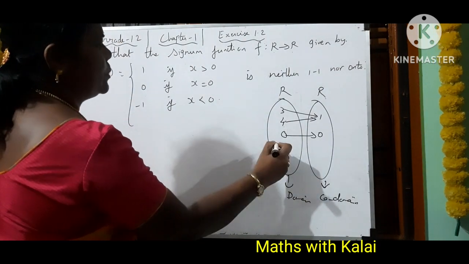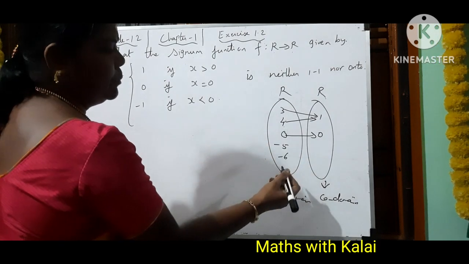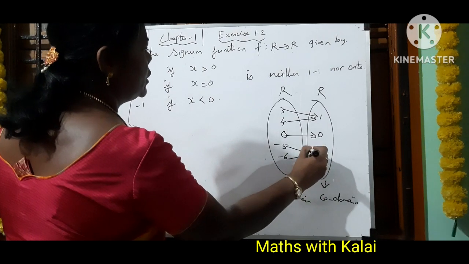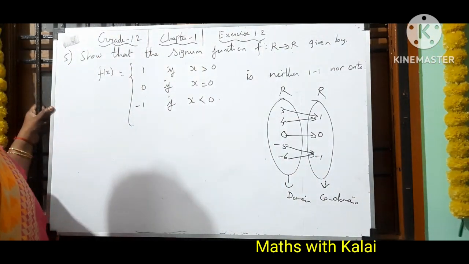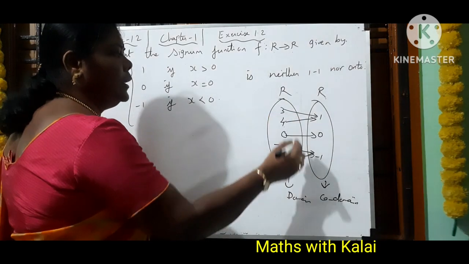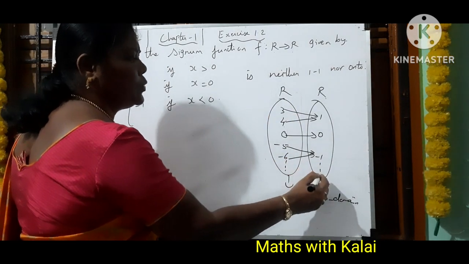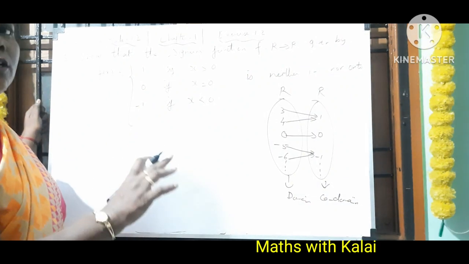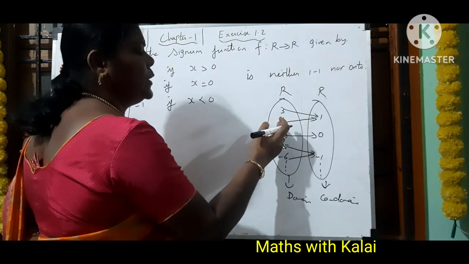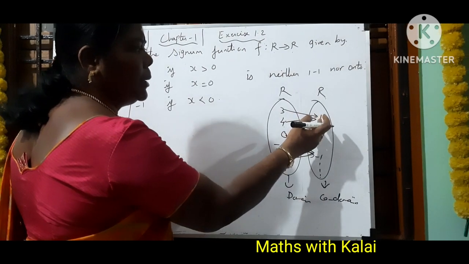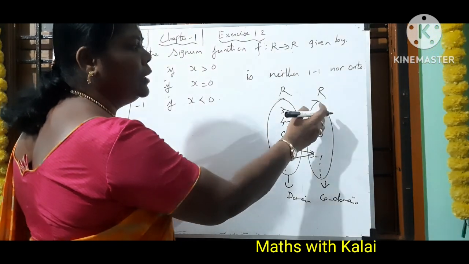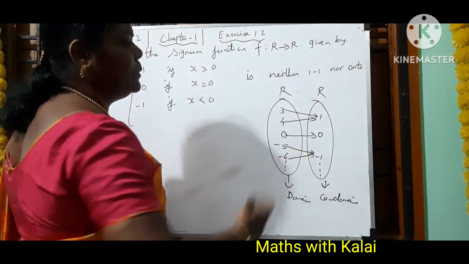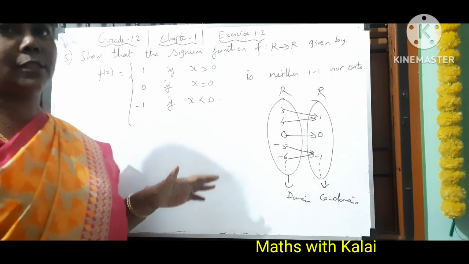And for negative values, suppose if I take minus 5, minus 6, for example, இந்த ரெண்டு எடுத்துக்கிறேன் அப்படின்னா, it should be mapped to the value minus 1 only. So this is what is defined in the signum function. Okay, so இப்போ by seeing the diagram itself, so many other elements also we have in this. By seeing the diagram itself, you can say that the given function is not one to one, because whatever positive values we are going to consider, the image is going to be the element 1 only. For all the negative values, the image is going to be minus 1 only. So it means that the given function is many to one, it is not one to one.